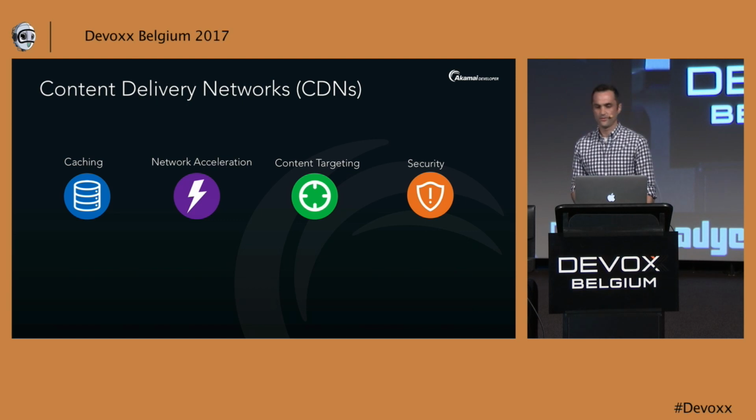So these are all traditional use cases or features of a CDN, and pretty much every CDN out there offers these. But these are more focused on non-functional kinds of things, right? These are the scalability, performance, and security aspects. And traditionally, these are all concerns of the operations teams. But